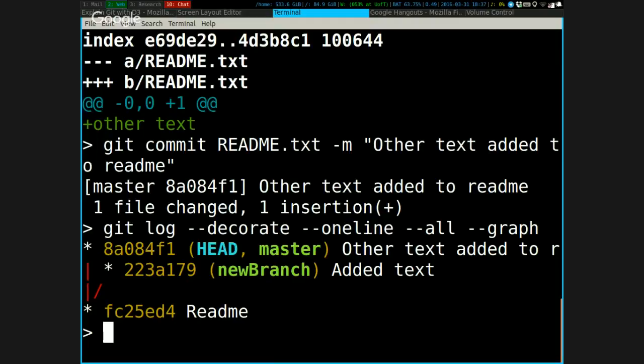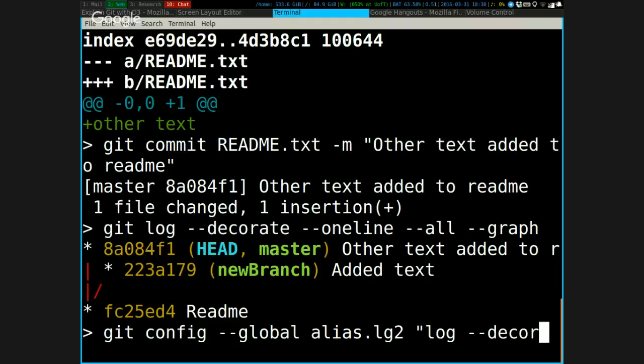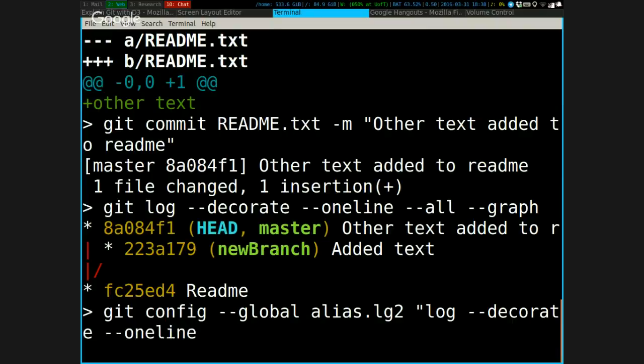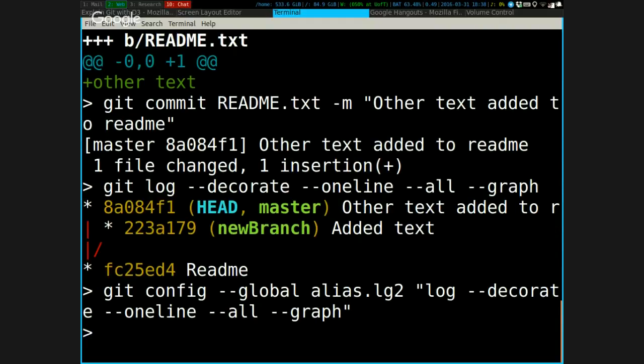Now there's a way so you don't have to type all of that out every single time. So if you do git config alias.lg, I'm going to do lg2 because I already have an lg. And then log, decorate, all graph. Now what that does is,